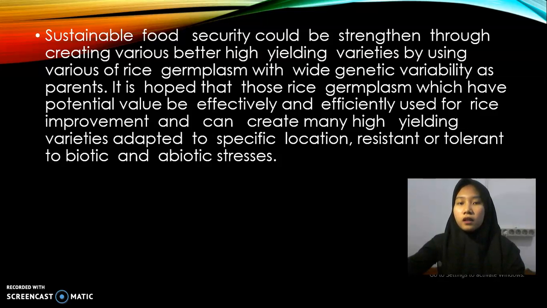It is hoped that those rice germplasm which have potential value will eventually be used for rice improvement and can create many high-yielding varieties adapted to specific locations, resistant or tolerant to biotic and abiotic stress. In Indonesia,